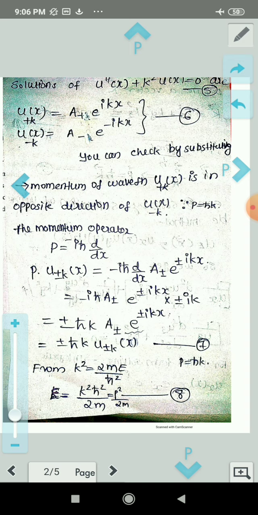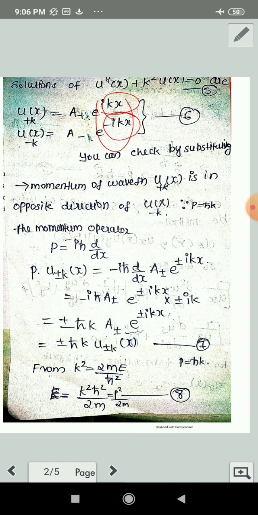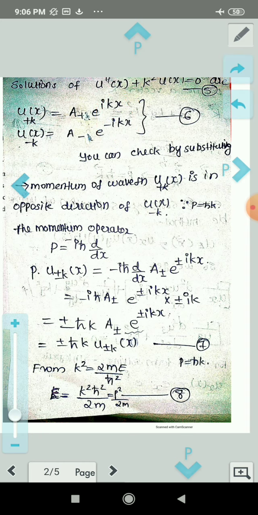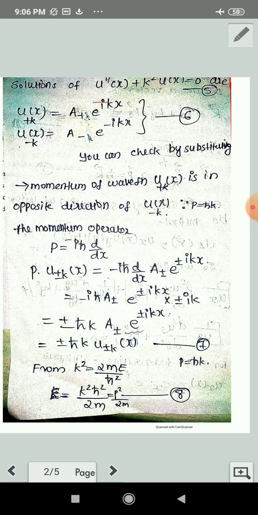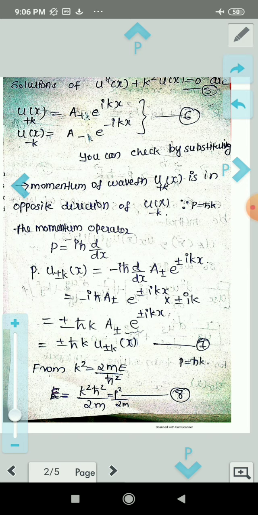So the corresponding momentum is in opposite direction, isn't it? Look at these exponential terms. These momentums are in opposite direction. One is in positive direction and the other one is in negative direction. Okay,